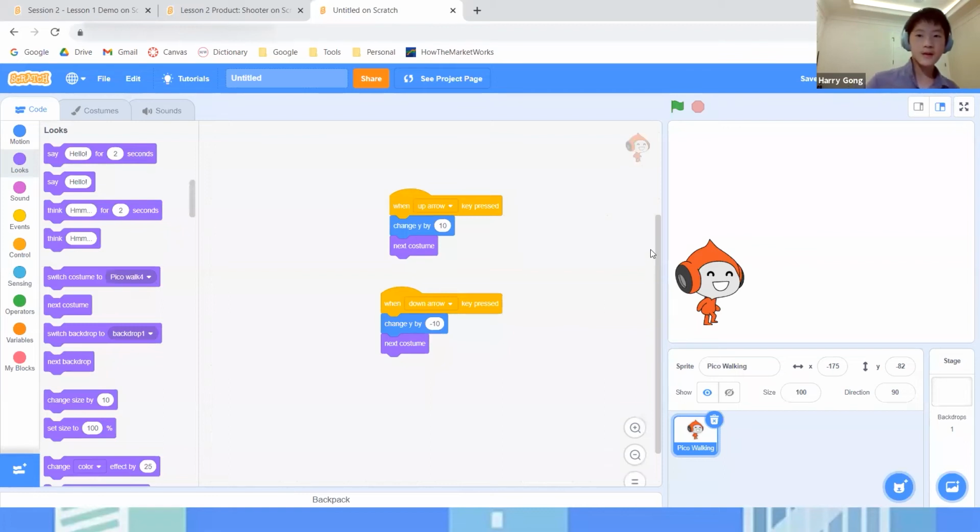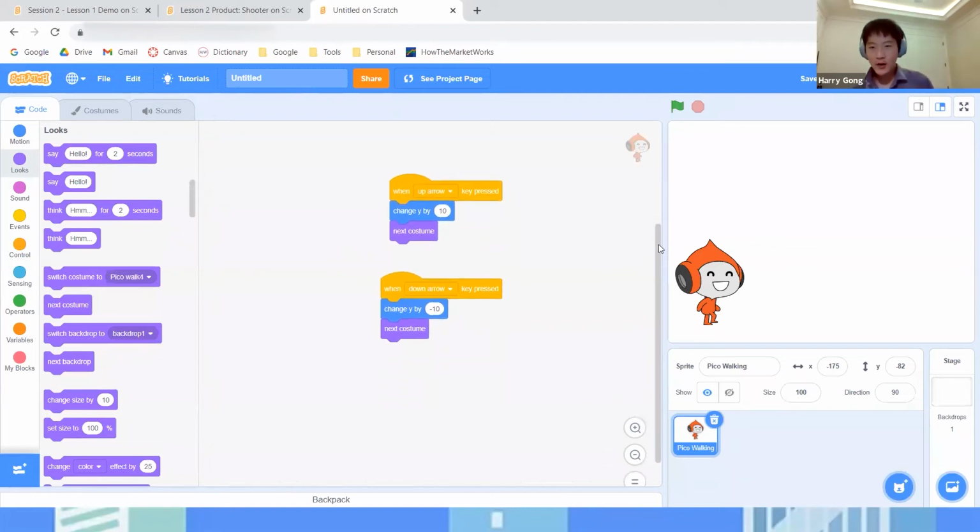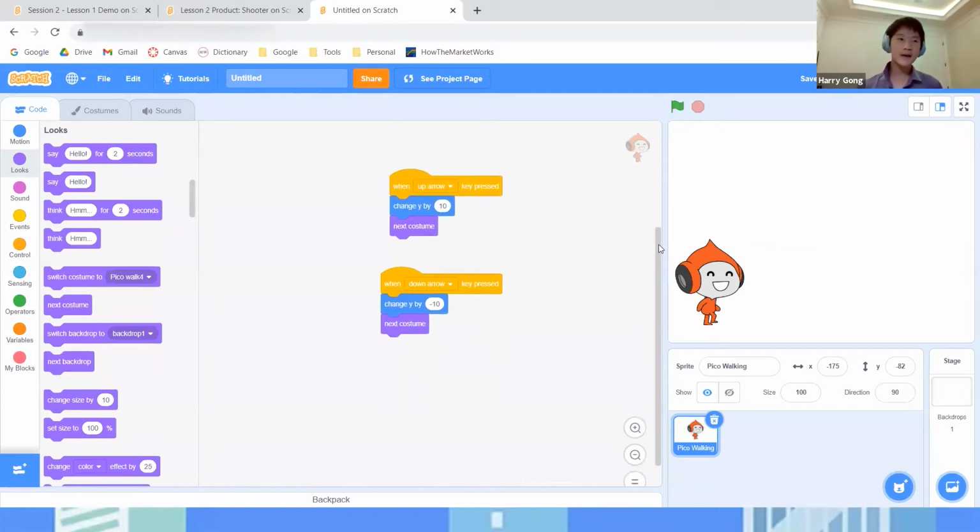To do this, we're actually going to have to make another sprite. We're going to have to add another sprite to our project. And this sprite is also built into Scratch. If we look at the bottom right corner of the screen again and find the Choose a Sprite button, the cat head button,